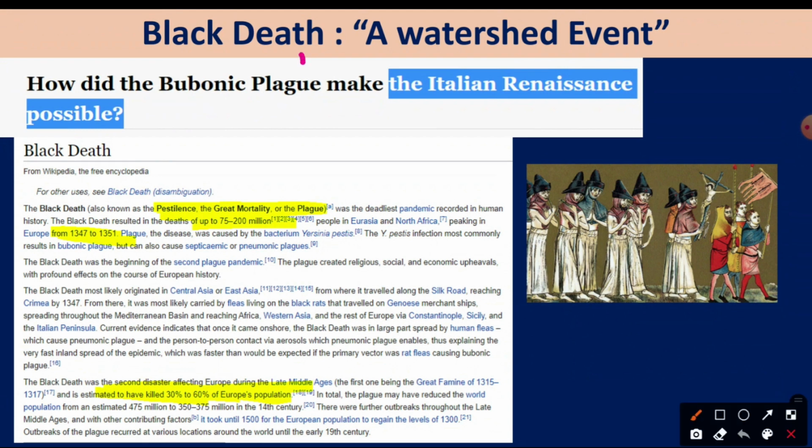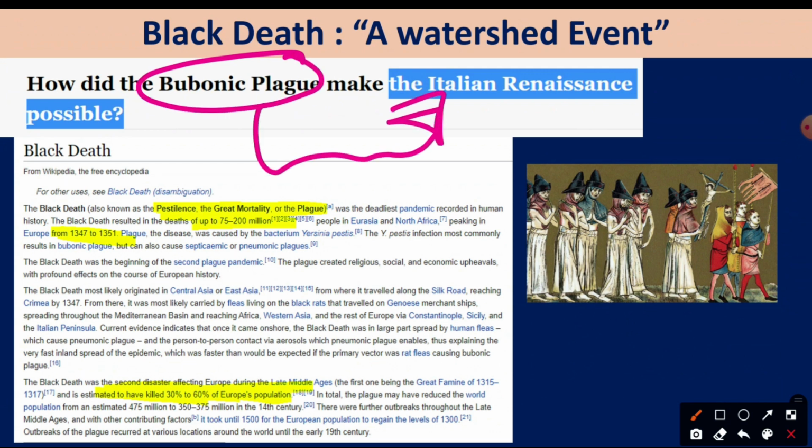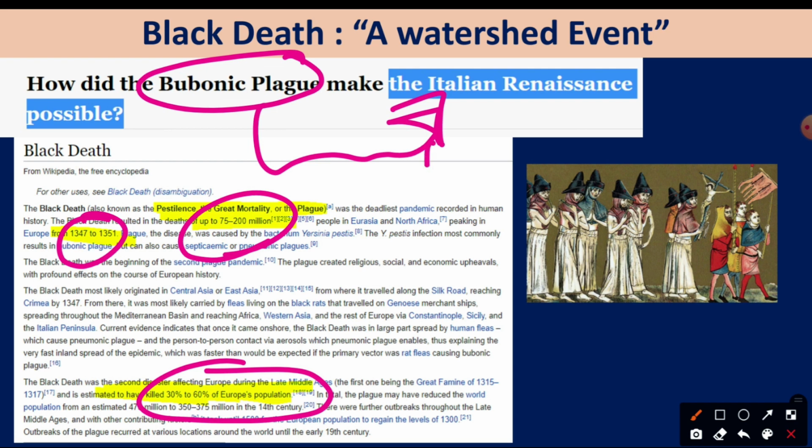Let us understand this. So I have discussed that how bubonic plague led to the Italian Renaissance, because the people's faith in the God all reduced, right? Then around 75 to 200 million people died. Around 30 to 60% of the Europe's population died. You can see the date also, 1347 to 1351,